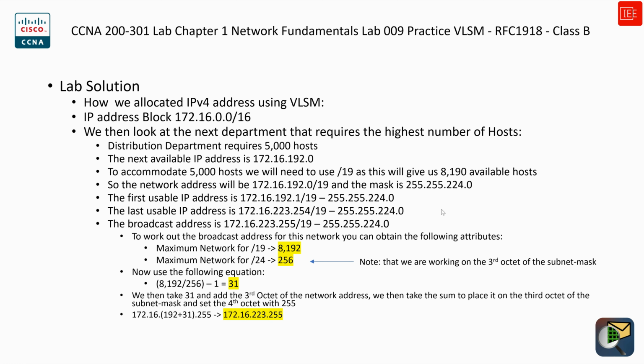So the next department that we need to tackle is the distribution department, and this department requires about 5,000 hosts, and we know that the next available IP address is 172.16.192.0. So we're going to take that, and then we're going to work out what is the subnet mask that we need to use to accommodate 5,000 hosts. And you will see that /19 will give us 8,190 available hosts, and that will be the best candidate for this network segment. So what we will do, we will set the network address to 172.16.192.0/19, and the subnet mask is going to be